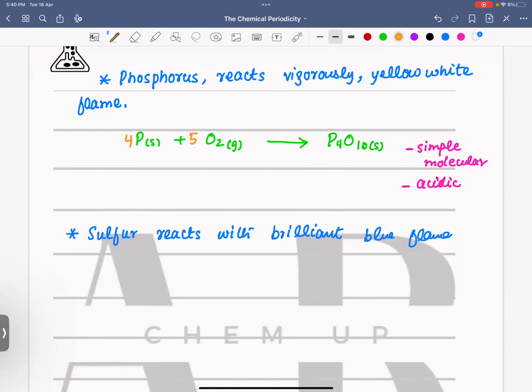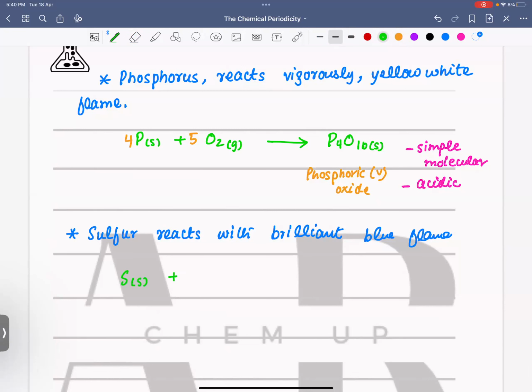Okay, you must remember the name of this one. We already discussed it in redox as well. It is phosphoric 5-oxide. Okay, so sulfur reacts with a brilliant blue flame, and the equation would be